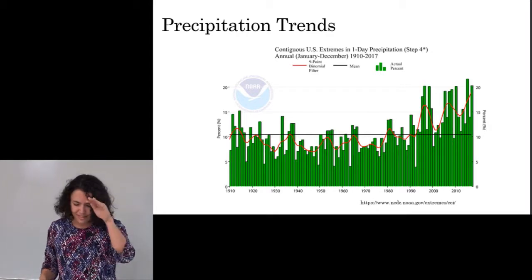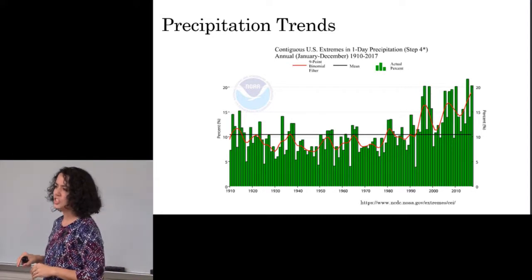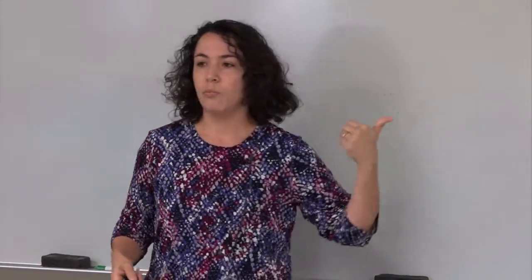Okay, but you can look at these trends. Most of it's fairly small changes, so that can't account for these really big, huge increases in the cost of damages that we've been seeing. So there's other things going on. One of them